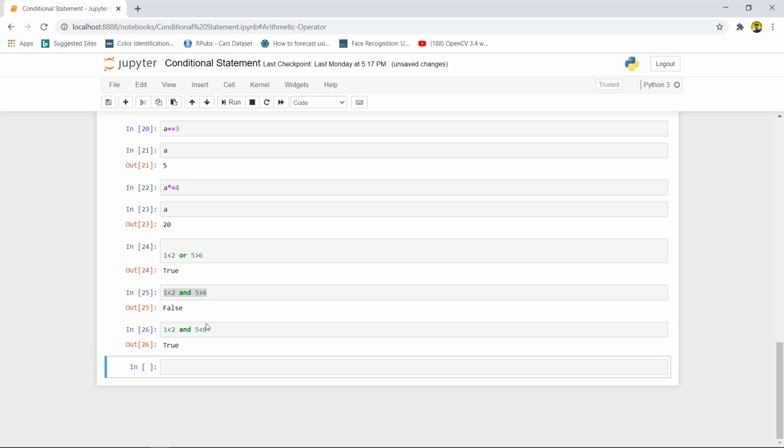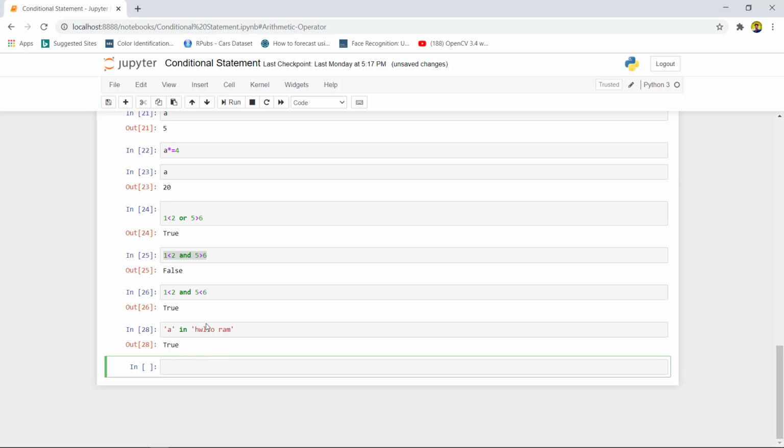Now talking about the membership operator in Python. As the name suggests, membership means something inside a value. By seeing an example, if we type a letter A and use the in operator, in is a membership operator which indicates something inside a value. If we check A inside a value called hello Ram, we can see A is inside this value, so it will give true.